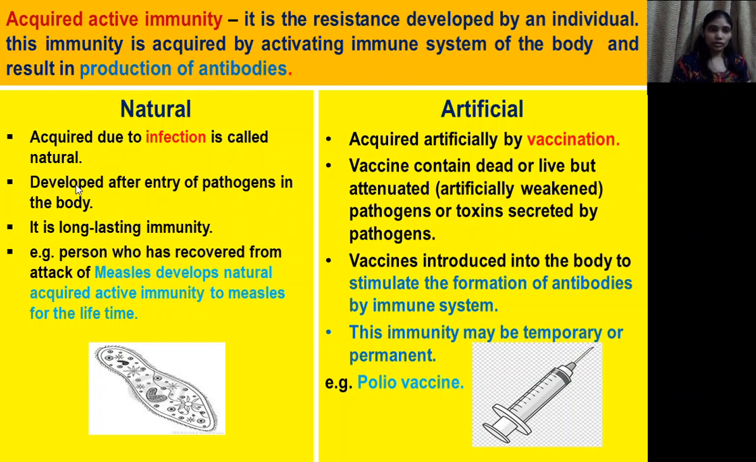So when the pathogen enters into our body, it develops the antibodies, and it is a long lasting immunity. Meaning, as we already said, the memory is very strong. So it is a long lasting immunity. For example, the person who has recovered from an attack of measles develops natural acquired active immunity to measles for